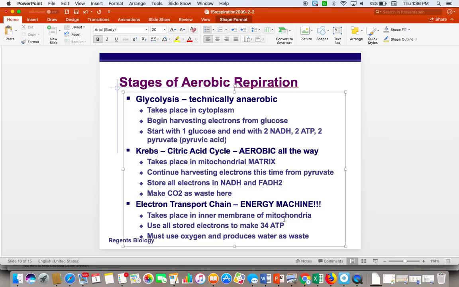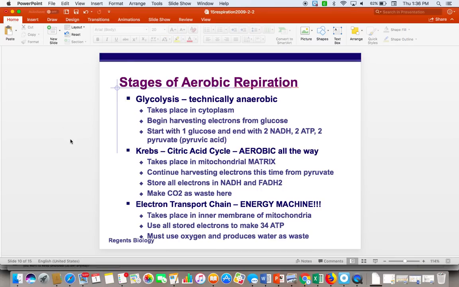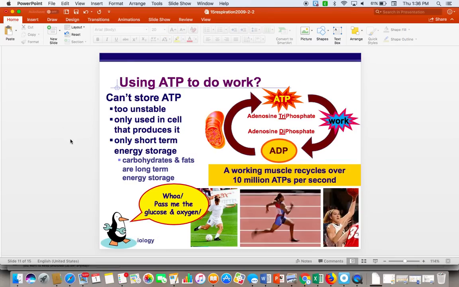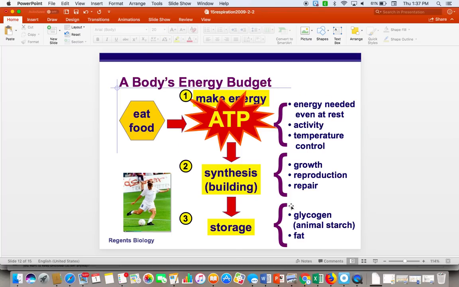So anyway, moving on to next stage, which is what we do with the ATP. Remember, you can't store it. You make it on demand. You make it when you need it. Why? It's too unstable. So we use it immediately. Remember, make it, break it, make it, break it. Remember me saying that? So ATP, we use it up, we get ADP. And so this has more energy than this. And so look at all the ATPs that we have to have per second. So that's a whole bunch.